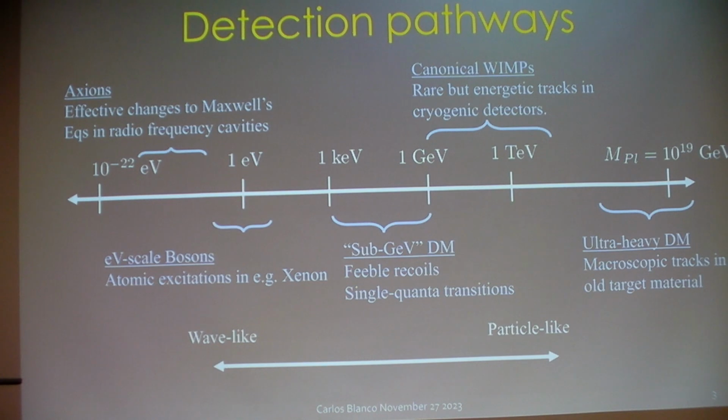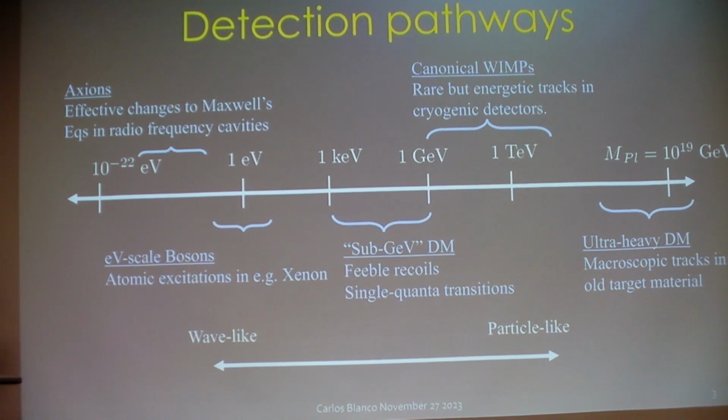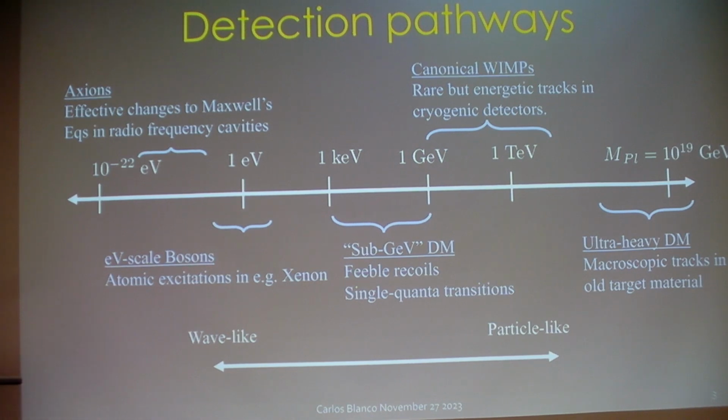And depending on what mass of dark matter you consider, the detection pathways that you might want to think about change drastically, right? Let me just point out a couple of signposts along this huge spectrum of dark matter masses. The biggest experimental effort so far has been put into these canonical WIMPs that are above about a GeV, and you guys have a great direct detection team here with liquid argon and xenon, and so they focus all of their efforts into trying to detect things above a GeV. Why a GeV? Because it's the mass of the proton, and you can inject energy very efficiently into a nucleus if you're above that mass.